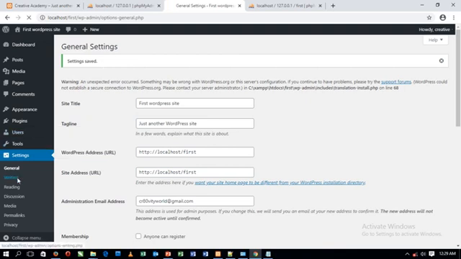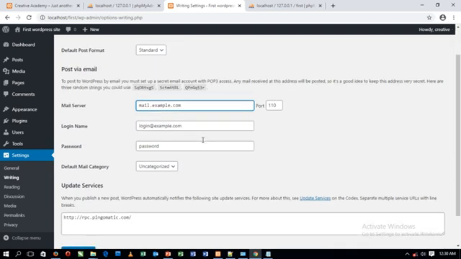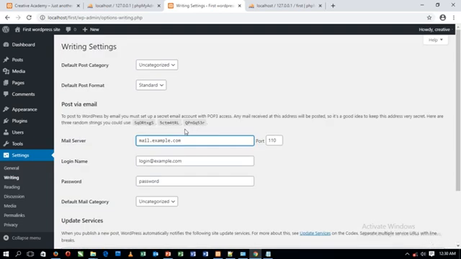Then we have writing under the settings. Default post category, that's whenever you don't have a category to put a particular post in, you can make it all categorized. Default post format, do you want the standard one or aside? Just leave it as standard. Post via email, you have your email address there for your posting, your login. Most of these settings you're not meant to tamper with except you understand what you're trying to do. So this is all about the writing.